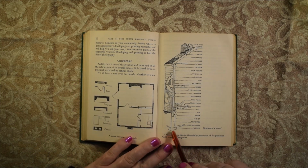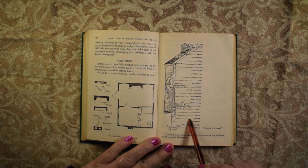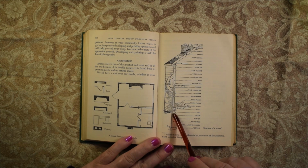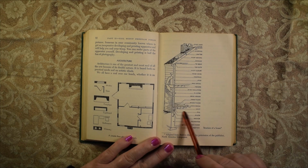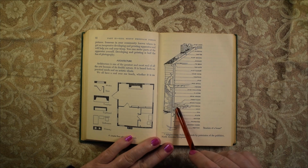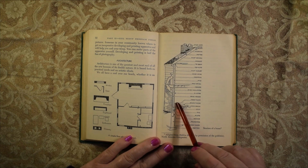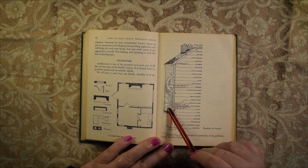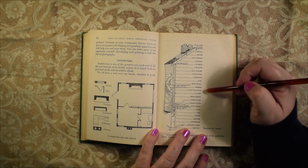Structure of a house. You have the footing. Then you have the basement floor and the foundation, an anchor, a plate, the sill, the joist. Then it says you have a cross bridge. Then you have the rough floor, the finished floor, a brick veneer on the outside, a plaster wall on the inside,